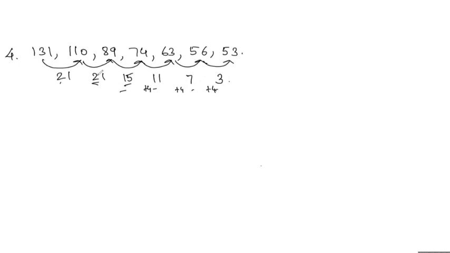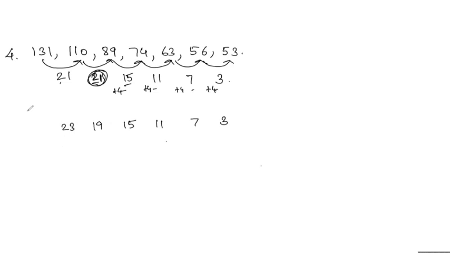Okay, what is 15 plus 4? 21. No, ma'am. 15 plus 4, is it 21? It's not 21, it's 19. Yes, correct. 15 plus 4 is 19. But here the wrong pattern comes. So this is where the pattern is going wrong. So we will write down the correct pattern first. 3 plus 4, 7, 7 plus 4, 11, 11 plus 4, 15, 15 plus 4, 19. What is 19 plus 4? 23. Yeah, correct.